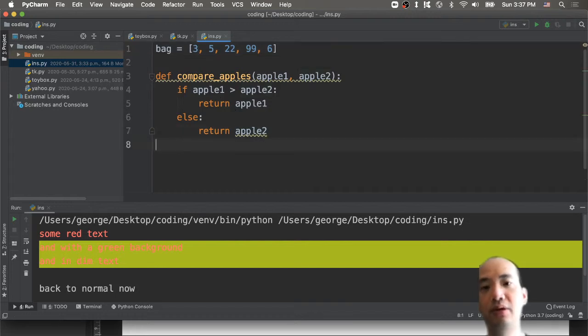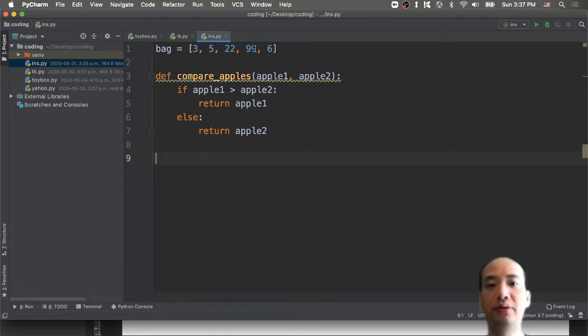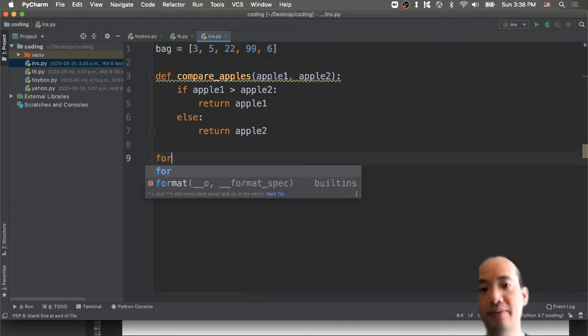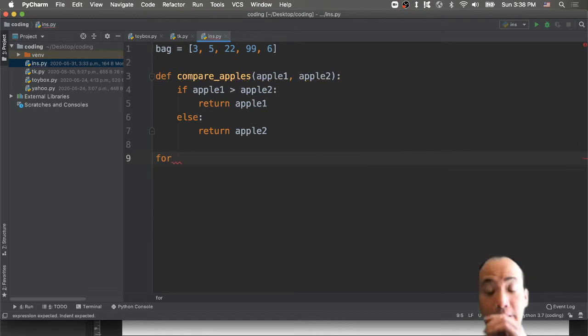So we are going to use a loop. We will loop through from the first one all the way to the last one. And now you would have compared all of them. Okay, so let's just do it like this. You can have a for loop, like, let's just say